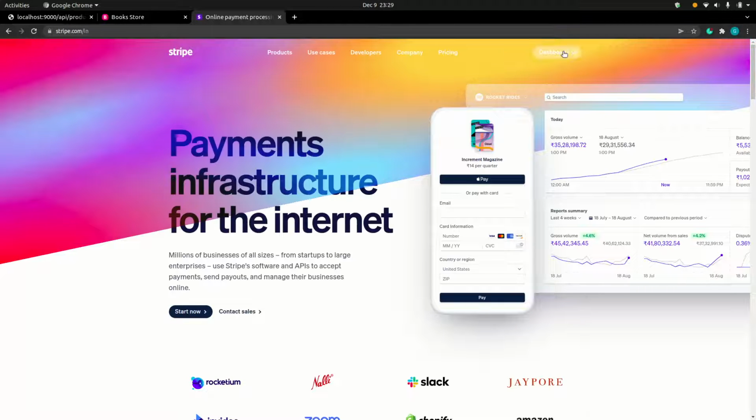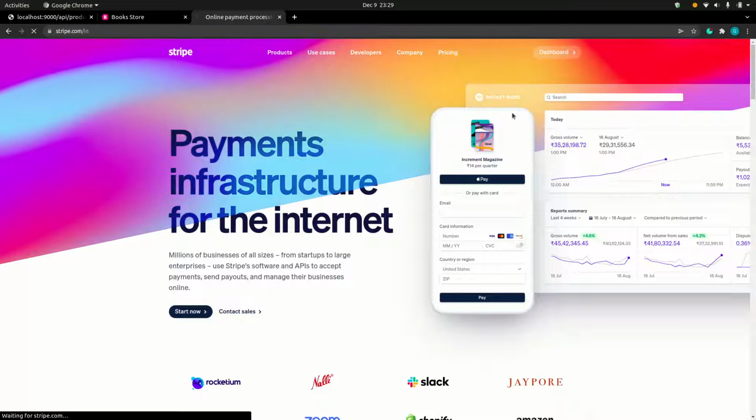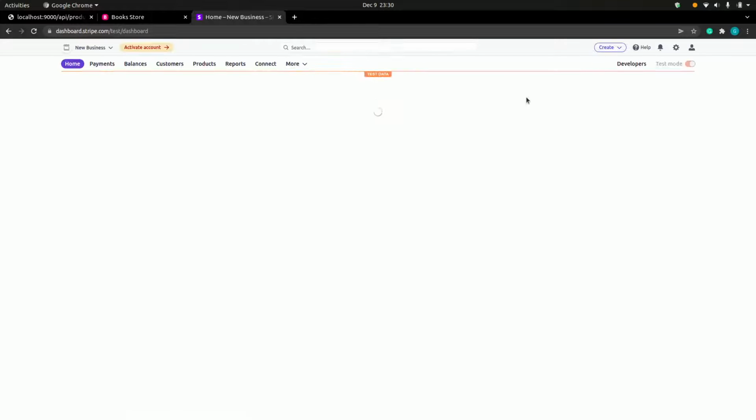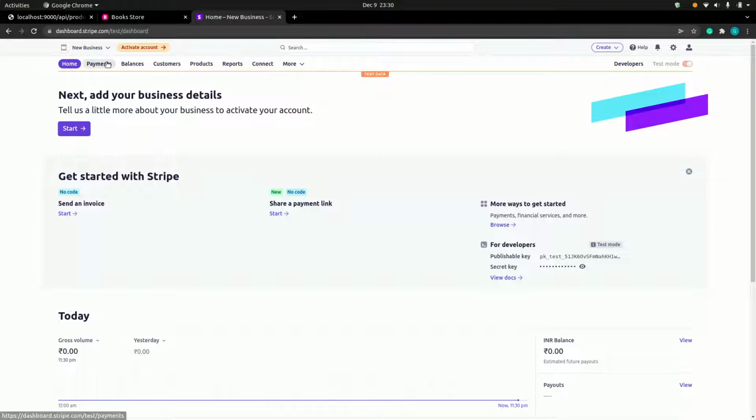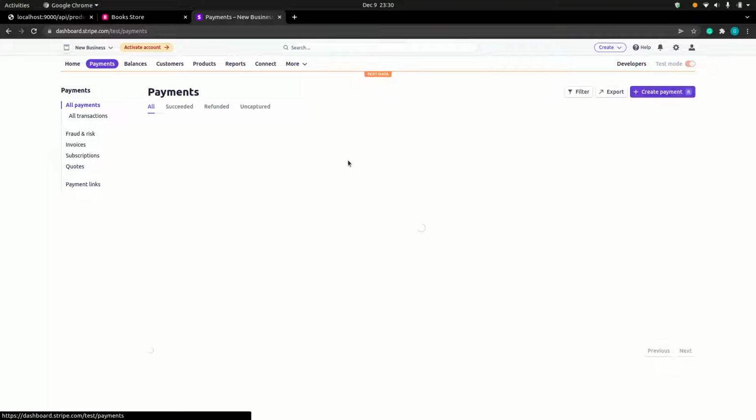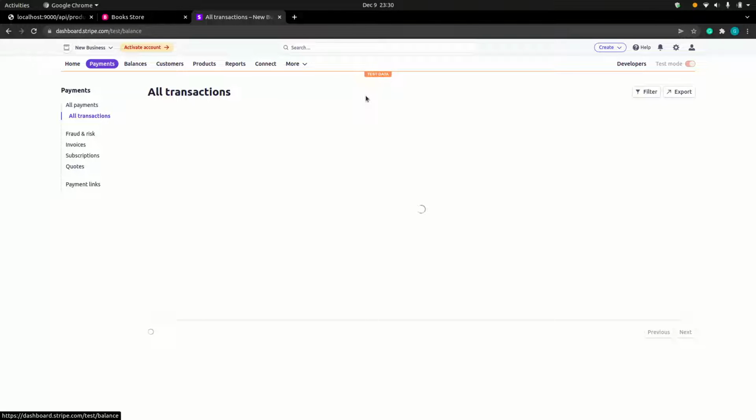So we will go to our Stripe account, the dashboard, then Payments.